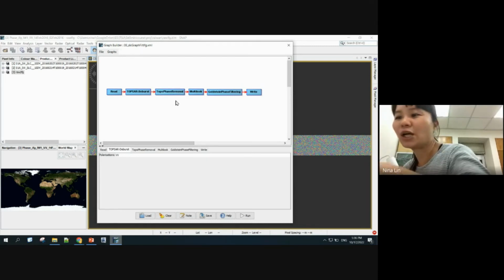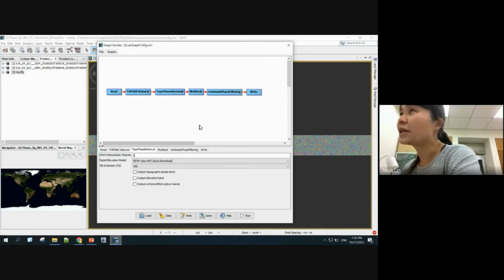So back to Louis, right? Is that Louis' question? Yeah, back to Louis' question. Yes, you either can do it previously or like this one. I'll check that one because I actually have a block here. For the topo phase removal, you can just keep the default parameters, and make sure that this is the 1 second HGP. So next,